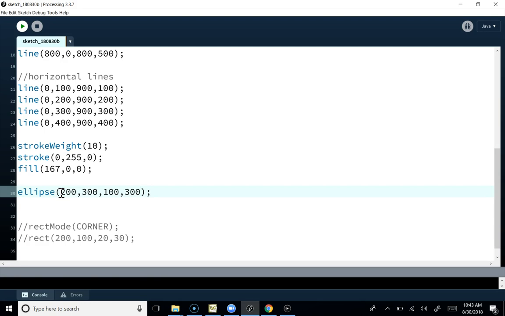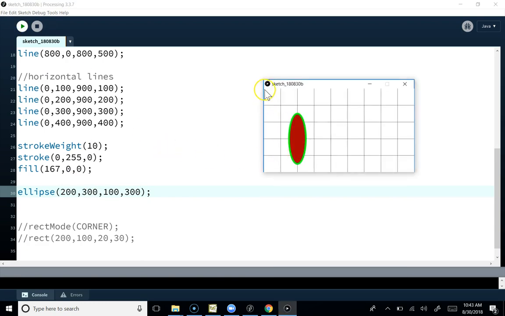Well, I mean, okay, so this thing really does kind of think about a rectangle, and then draws an ellipse inside of it. So we went over 200, down 300, and then we drew an ellipse that was 100 wide and 300 tall. Well, it's actually the width, not the radius. However,